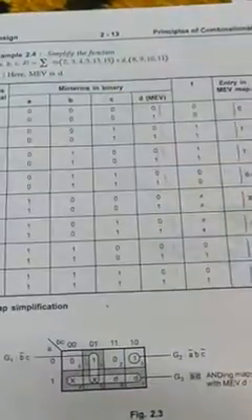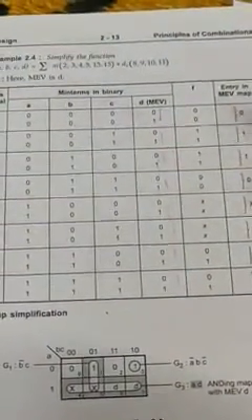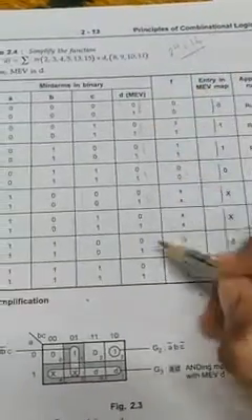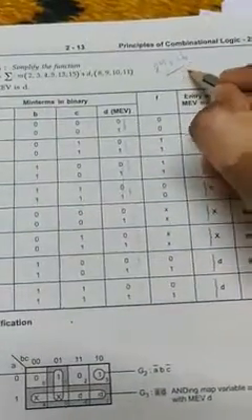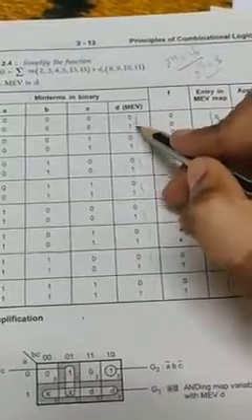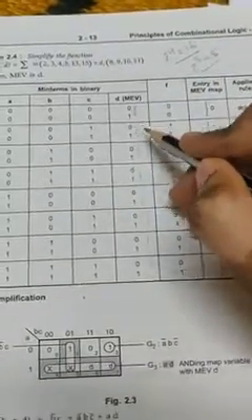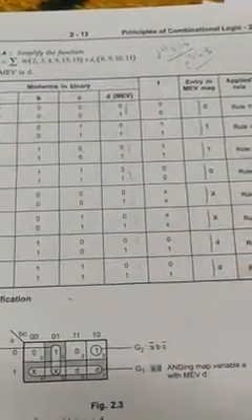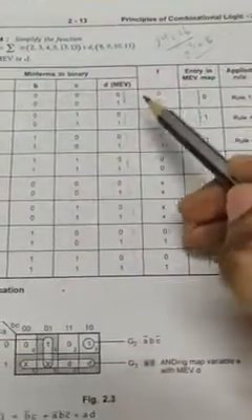If you want to solve the 4 variable expression by using 3 variable, 4 variable means 2 to the power 4, which is 16. So 16 inputs we have. If you want to solve it by using 3 variable, how many inputs would there be? 8. So to reduce 16 to 8, you are supposed to combine them in pairs. So now you are going to get 1, 2, 3, 4, 5, 6, 7, 8. As usual, now you are supposed to combine these two.